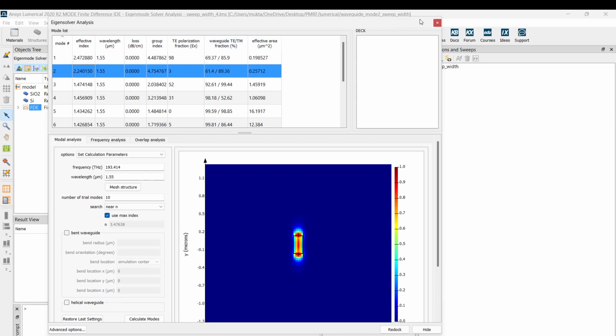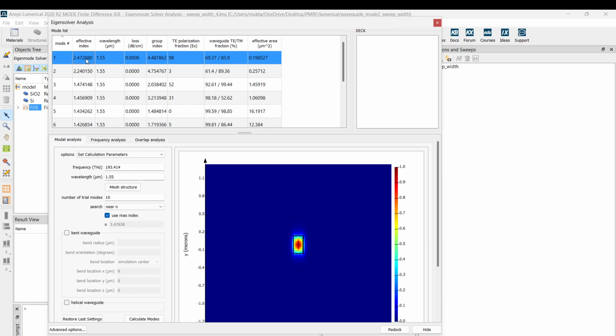So let's see if we can go higher, it's better, right? As we keep going higher in the width, the effective index will increase. So we want to find the thickest or the widest waveguide for which our mode will be confined. Of course, there are other considerations also. The footprint also matters. But for now, let's find out the maximum thickness for which our waveguide will be a single mode.